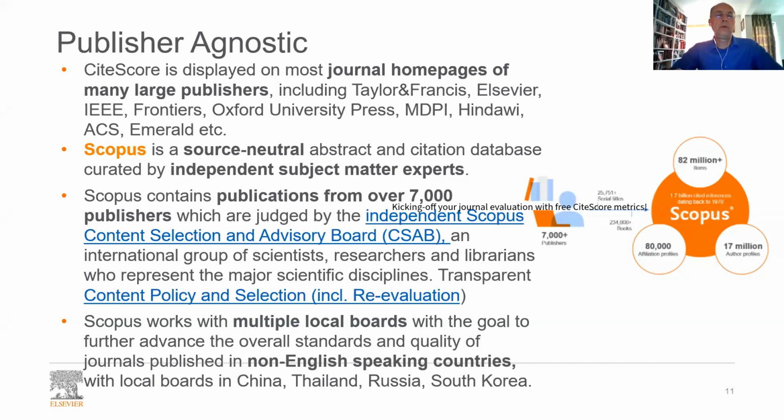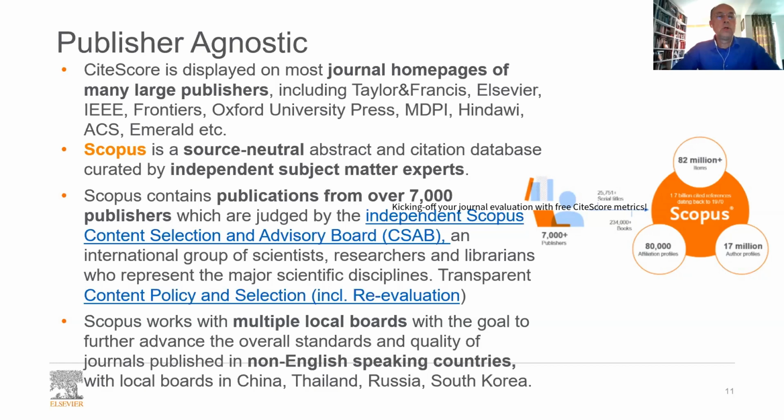And I keep emphasizing the fact that CiteScore, and obviously that's based on Scopus, is publisher agnostic. We're currently talking in the context of Elsevier, but Elsevier is really only 1 out of 7,000 publishers that deliver data to Scopus.